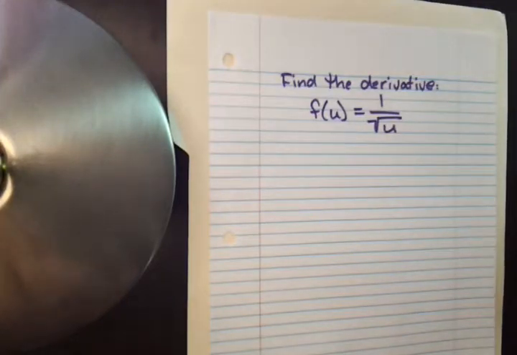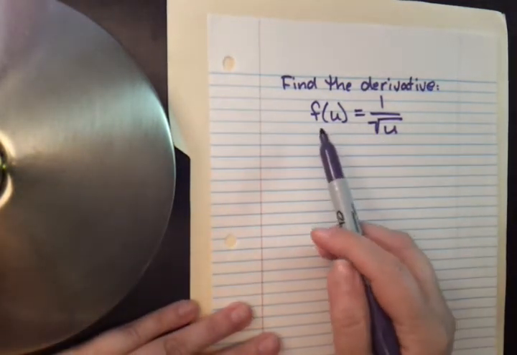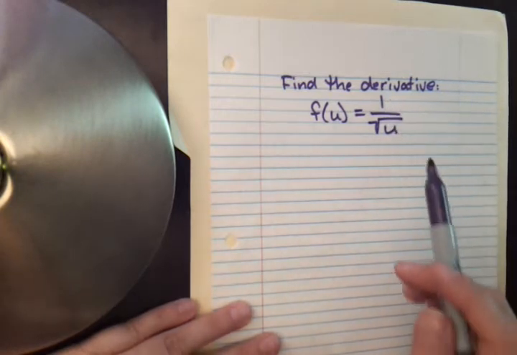So let's take a look at homework 5, number 3. They're asking us to find the derivative of the function f by using the rules of differentiation. And so we are going to do just that. Now the first thing that you'll notice is they give us the function f of u equals 1 over the